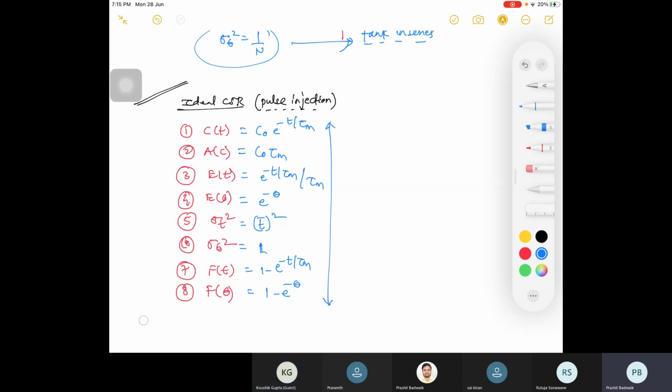And you know the corresponding graphs, right? How to draw them. They may ask you what the graph is, or in real life, if you are looking at this graph, you will get something. Suppose you go into industry and they say I have a problem in this reactor, it is not giving me the desired conversion I designed for. At that time you need to do RTD, find out your curves, and based on that you need to become a doctor, a reactor doctor, and tell them that under such and such condition, this kind of problem can occur in the reactor. So basically you are a doctor for your reactors.